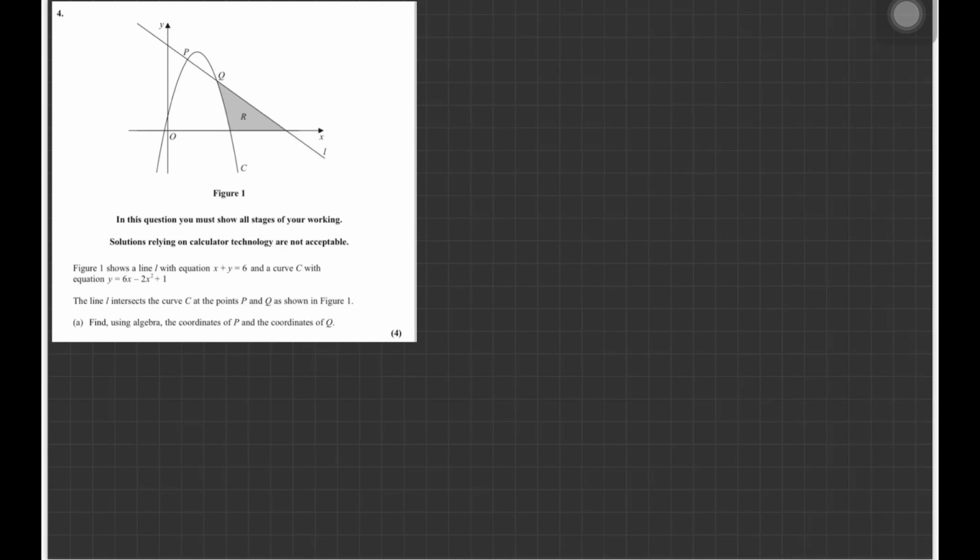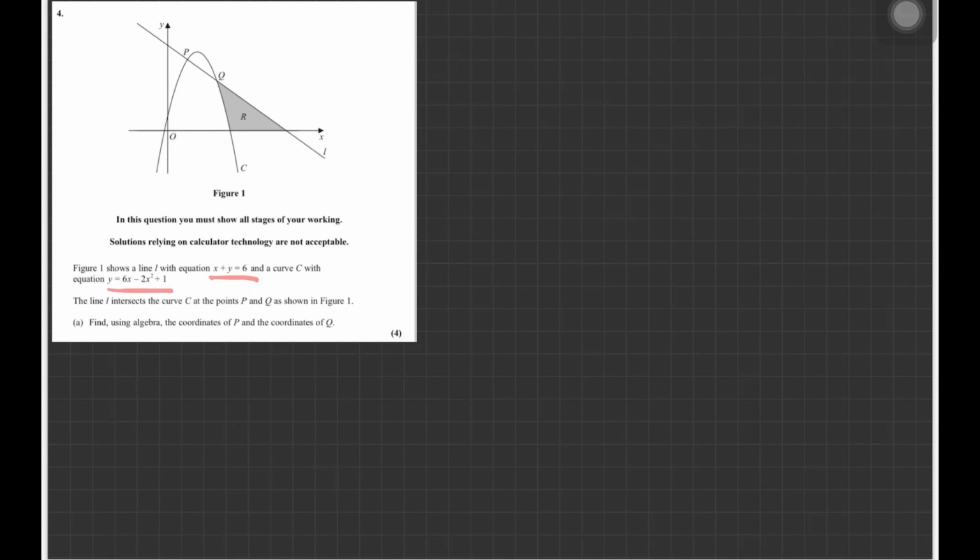All right, we see that there's a figure in the question here, right? The figure we can see has a line and a curve. We know that the equation of the line is x plus y is equal to 6, and the equation of the curve is y is equal to 6x minus 2x squared plus 1. So our objective here is to find the points